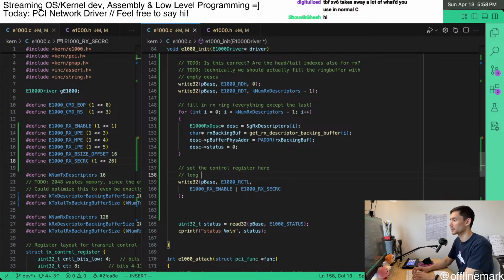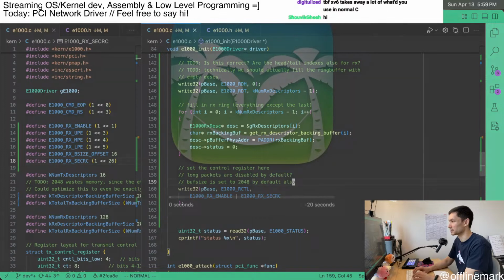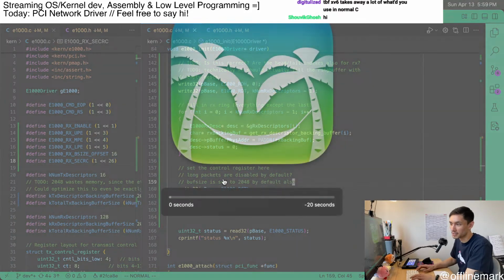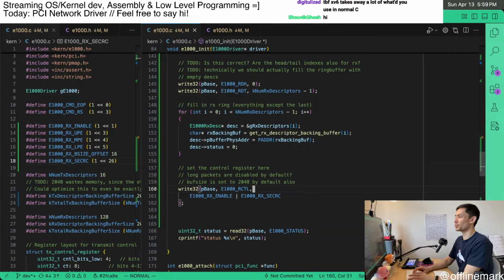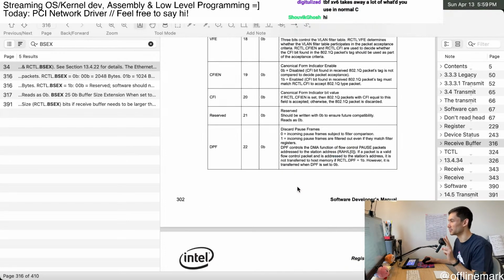Long packets are disabled by default. Buff size is set to 2048 by default also. I'm just going to kill the palm tree because I need to go soon. So it might be the case that the only thing we need to do here are just those two configurations,